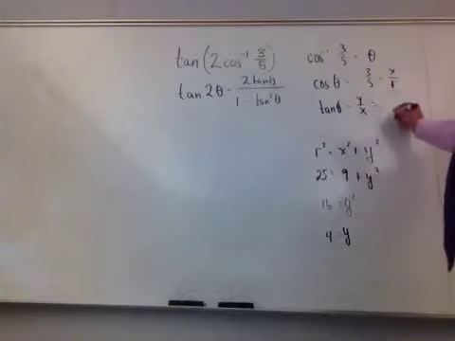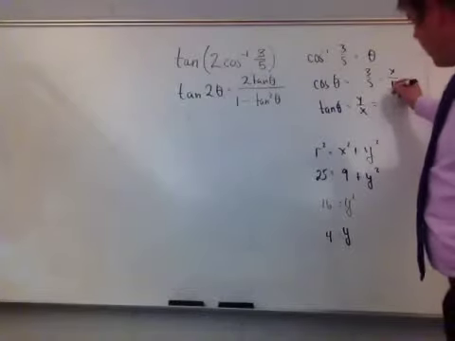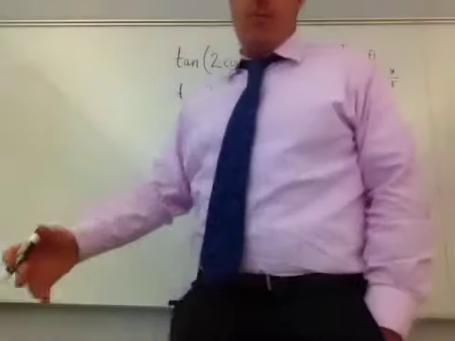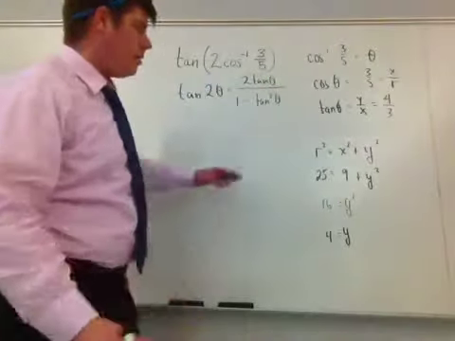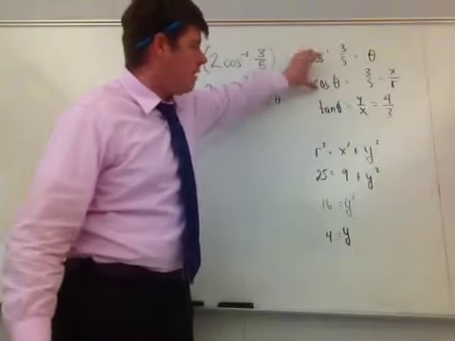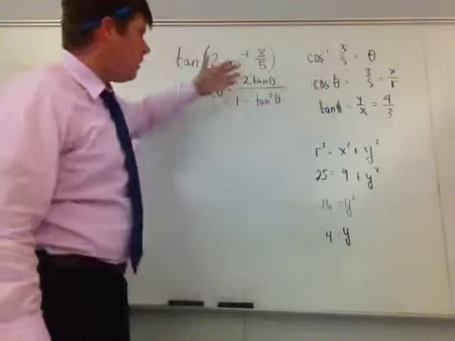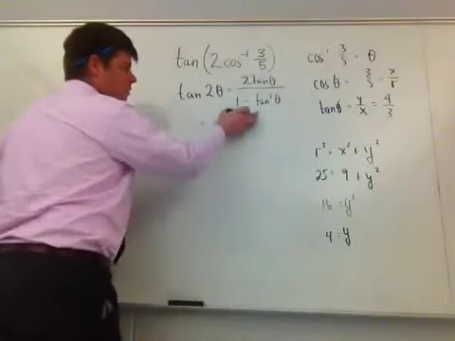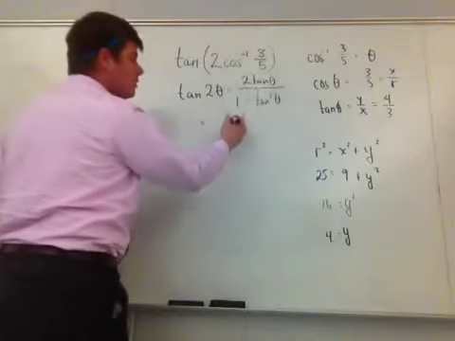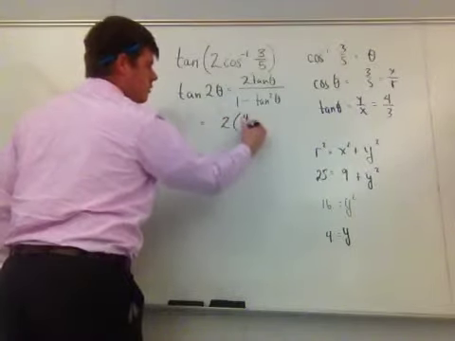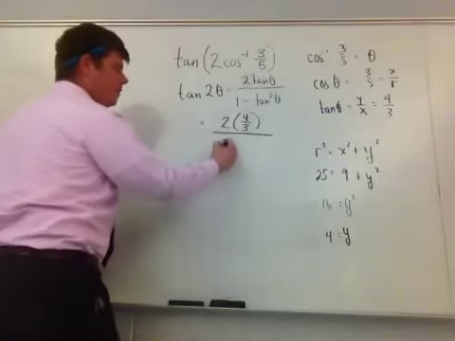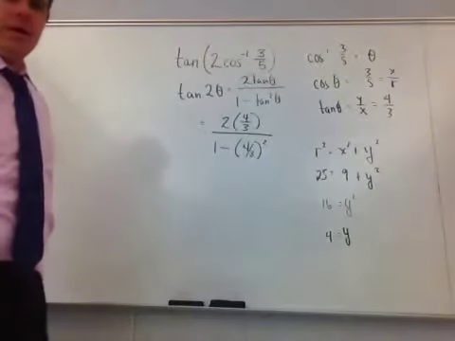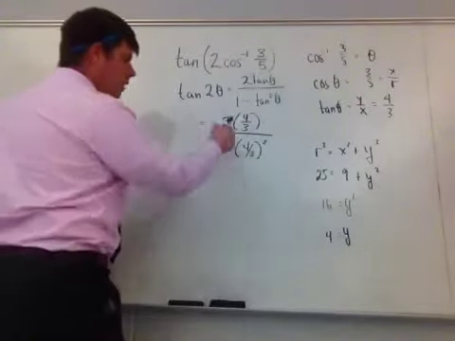Now that I have y as 4, tangent theta is y over x, so this is 4 over 3. That gives me tangent theta, so I come over here and plug it in. The final answer is 2 times tangent theta, so 2 times 4/3, divided by 1 minus 4/3 quantity squared, and then from here I'm just going to simplify. So this is 8/3